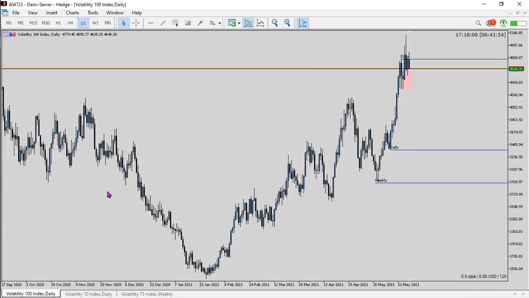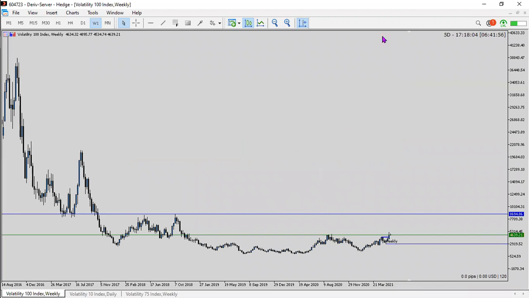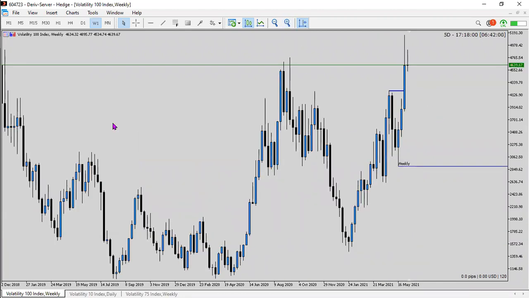Looking at volatility 100 again, let's start on the weekly chart. Looking at the weekly, I do have analysis on here because I have been trading these charts over the weekend. Looking at this, we can see breaking market structure. There's our weekly low. We have not confirmed a weekly high yet, right? Because I need to see candle, candle,